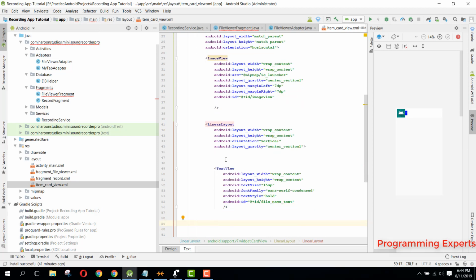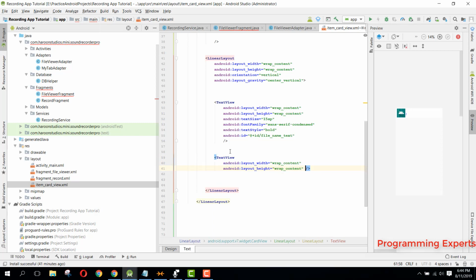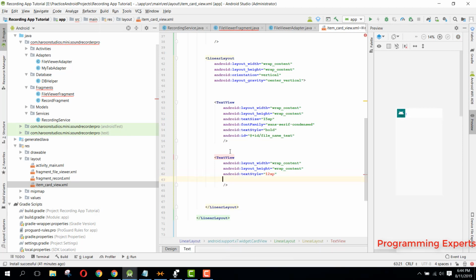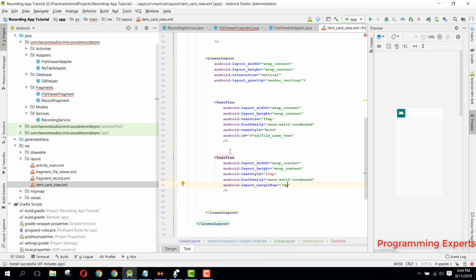Okay, then we will have another text for the length of the audio file. So for that we can say text view wrap content. Then we will have the wrap content. Then we can say text size will be 12 sp, and font family will be sans serif condensed. Then we can have margin top, it will be 7 dp,